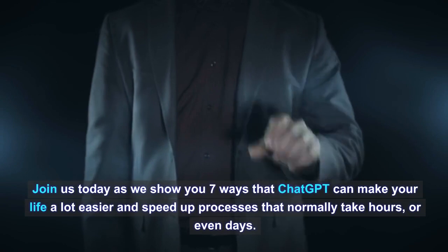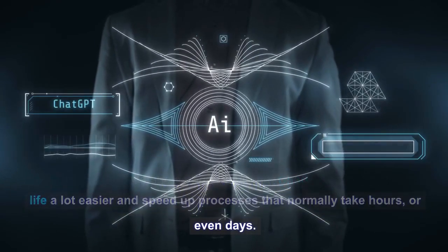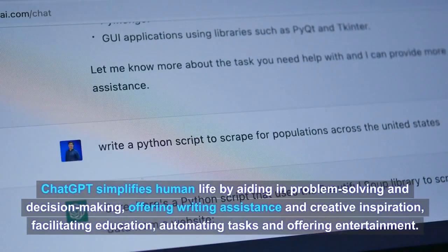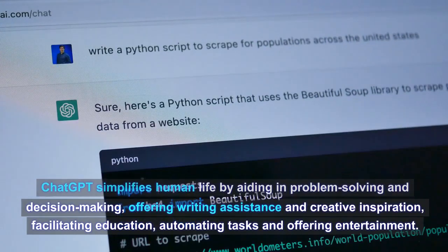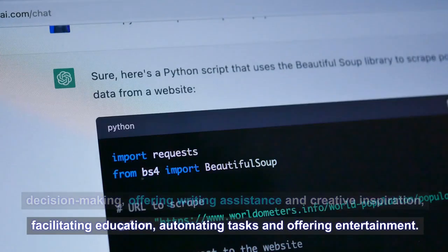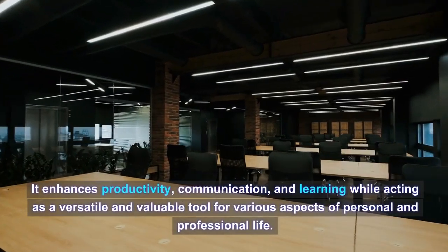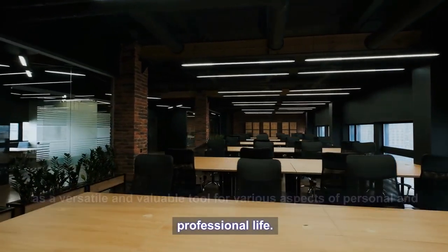Join us today as we show you 7 ways that Chat GPT can make your life a lot easier and speed up processes that normally take hours, or even days. Chat GPT simplifies human life by aiding in problem solving and decision making, offering writing assistance and creative inspiration, facilitating education, automating tasks and offering entertainment. It enhances productivity, communication, and learning while acting as a versatile and valuable tool for various aspects of personal and